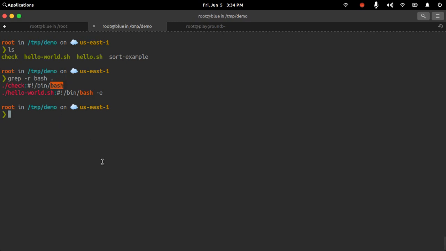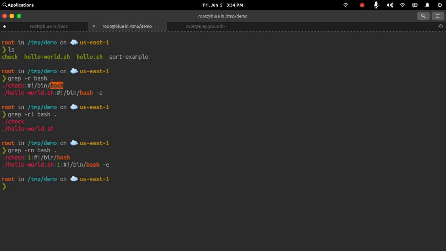Okay, and there are a lot of other options with grep. Like if I want to print the file name, I can just provide -l and it will only print the matching file names inside which this particular string resides. Or let's say if I want to print the line numbers, then I will provide the n option to print the line numbers.